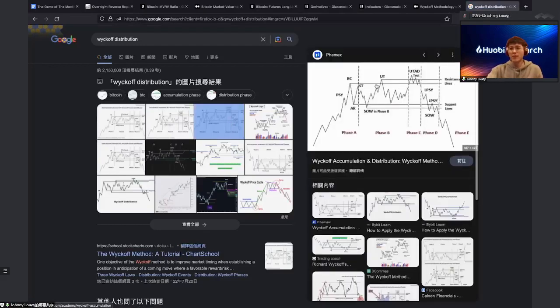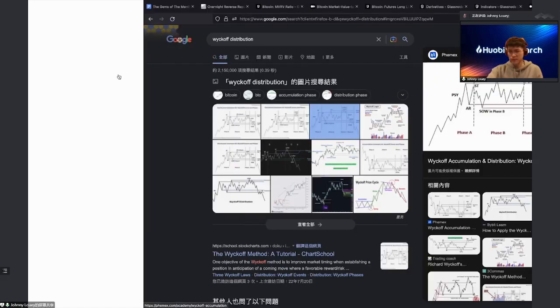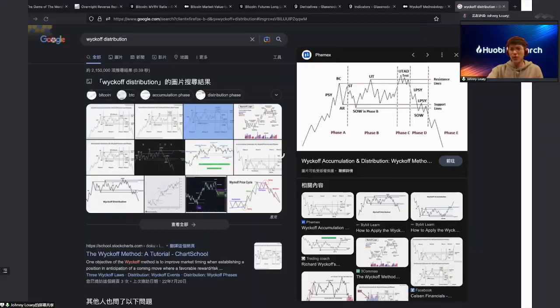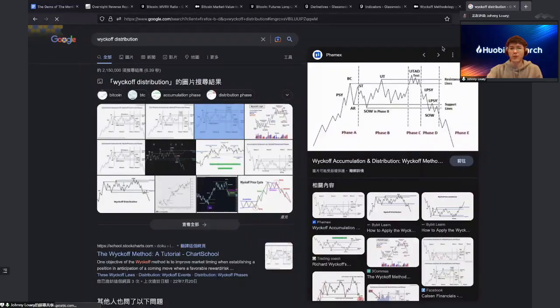You see, buying climax, UTAD. Actually, the signature of this distribution is in the UTAD characteristic. So what you're seeing here, the UTAD, it has another name as well. It's called a false breakout, right? We're in a trading range here, false breakout to the other direction, and back to its pump. So yeah, just some sharing. Not very important though.